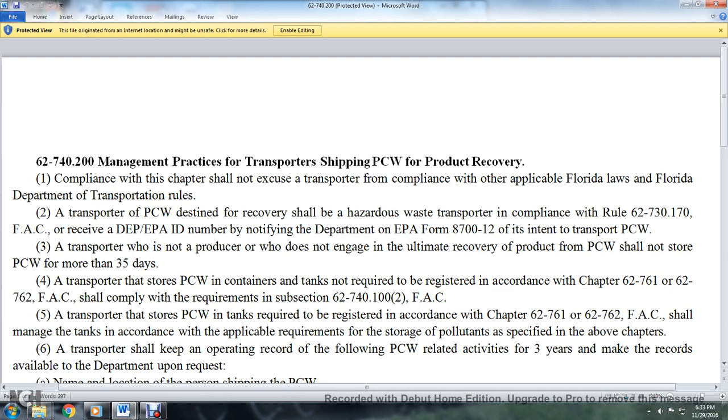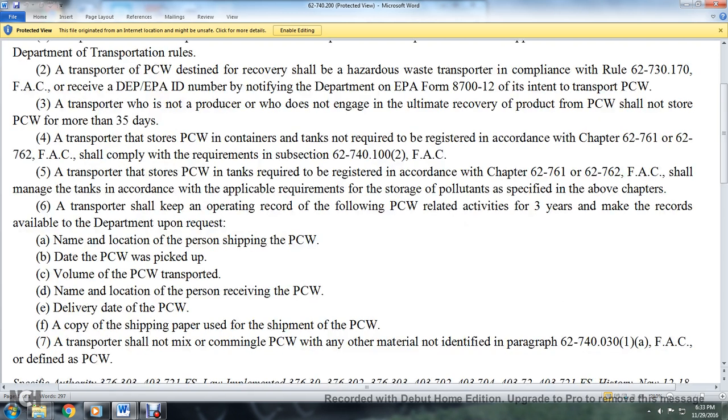Transporters shall keep an operation record of petroleum contact water related activities for 3 years and make the records available to the department upon request. The records include the name and location of the person shipping the petroleum contact water, the day it was picked up, the volume transported, the name and location of the person receiving it, the delivery day, and a copy of the shipping paper used for the shipment. The transporter shall not mix or commingle the petroleum contact water with any material not